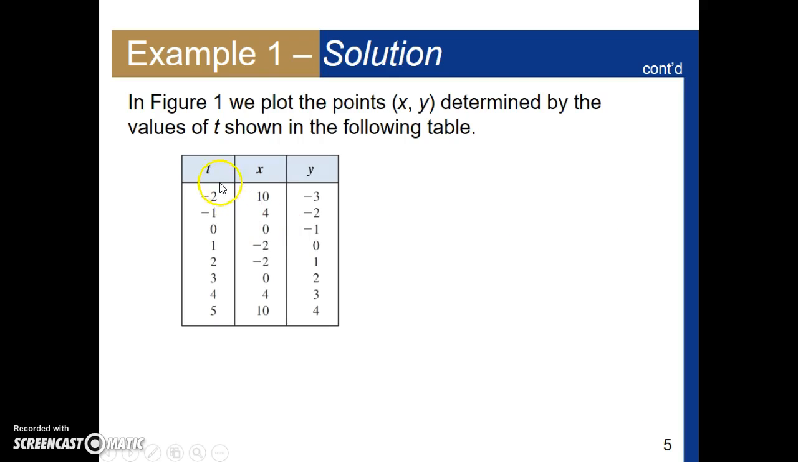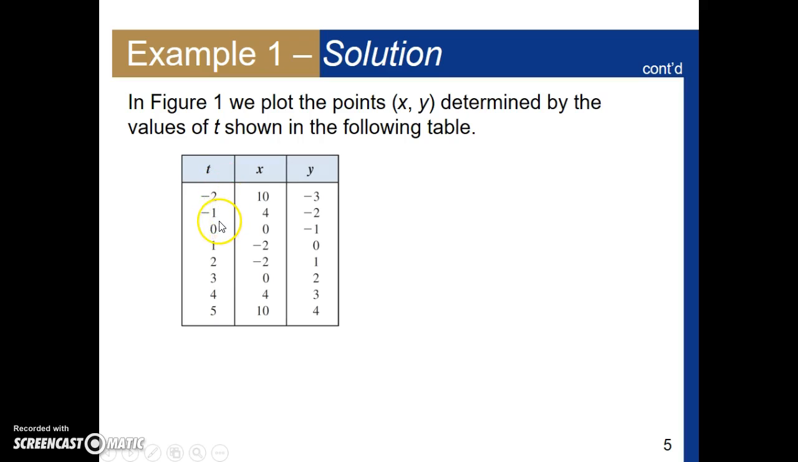Here's an entire table of those values. So just old school, like you used to do, we used to pick independent variable values, we would plug them into our function, and we would find the corresponding dependent variable values. Now we have one independent variable and two dependent variables, and these are the points that are going to be plotted in the plane. We'll plot 10, negative 3, 4, negative 2, 0, negative 1, and we're going to keep